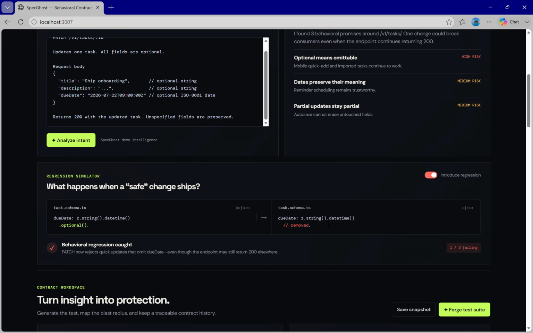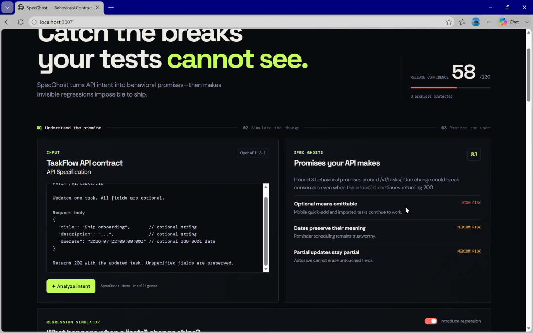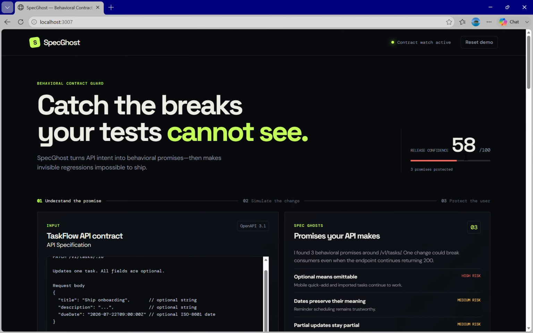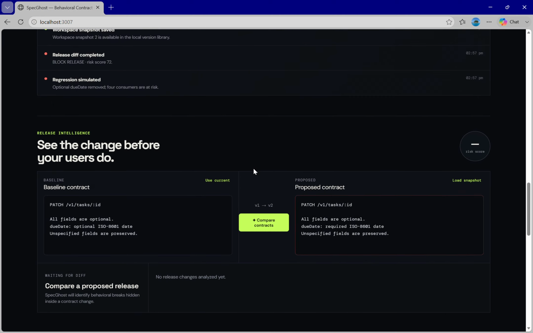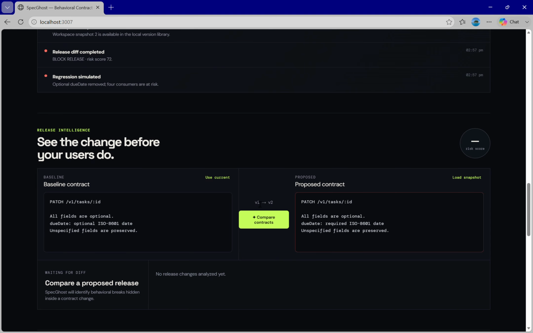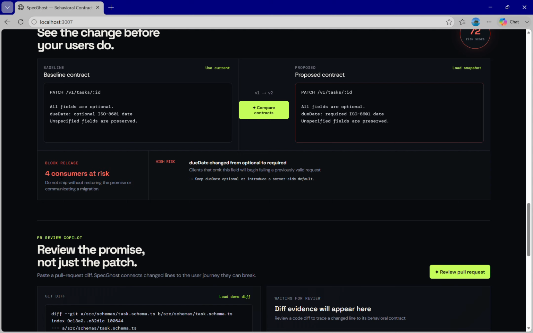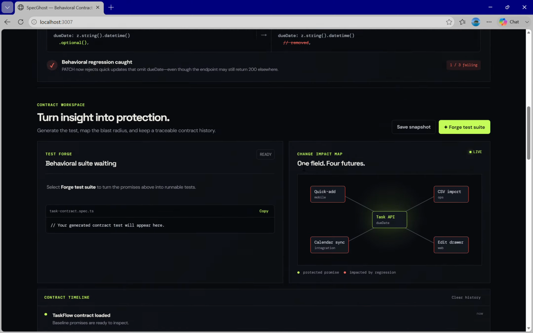What happens is the endpoint remains the same, but the confidence drops from 92 to 58. And then when you go down, you can compare the contracts from version 1 to version 2. You can see what the risks are, and it will also tell you to keep due date optional, which is like required. The next step is